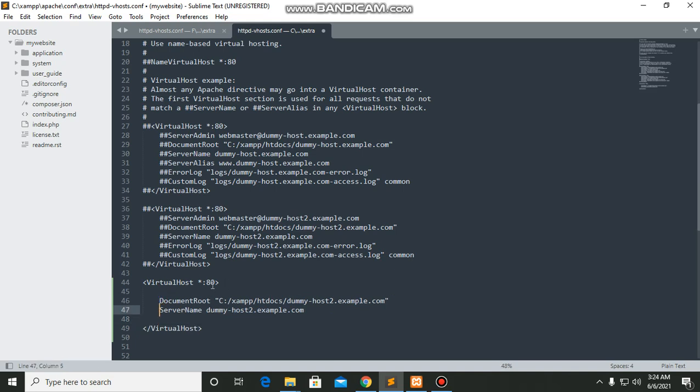So it's basically the path of our folder. So I just write here my website, and it is like when we search google.com, we write google.com. In the same way, when our website is live, we will write mywebsite.com.